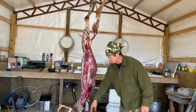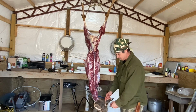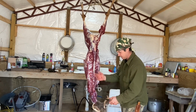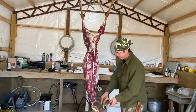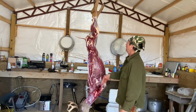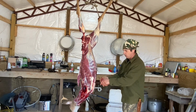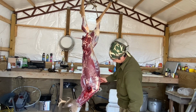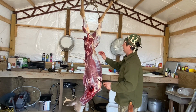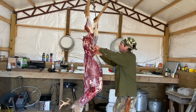I will cut his head off. I'm gonna keep the antlers, obviously, just for no telling what. May make stuff out of them. I may throw them to the side and just save them, but I'll get the brain out to tan my hide with. But I do want my heart out of here. I have split this open and got it right there, but more than likely we're gonna